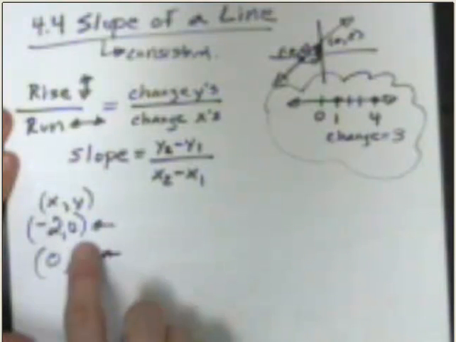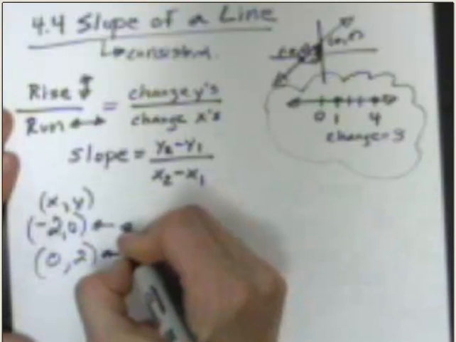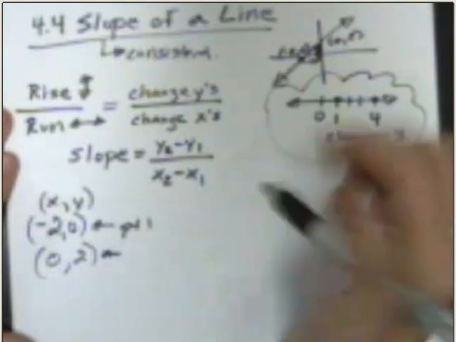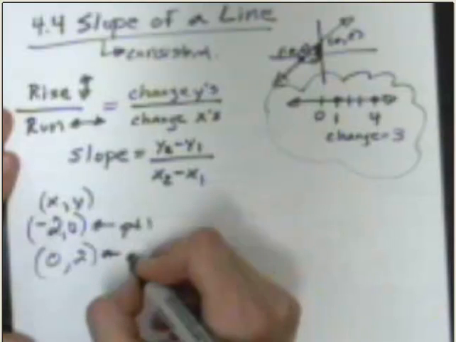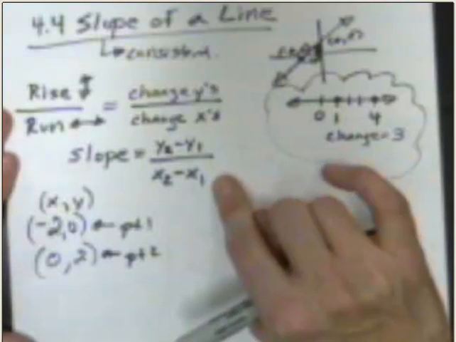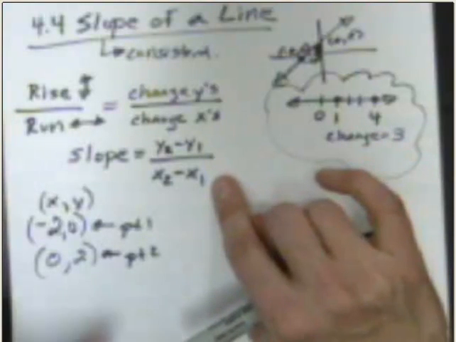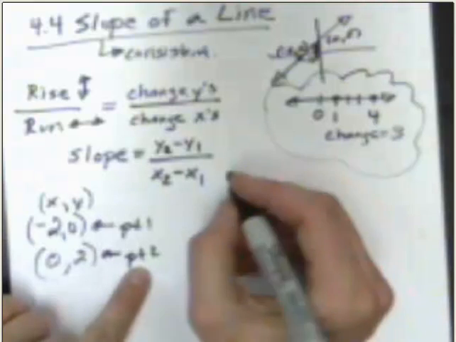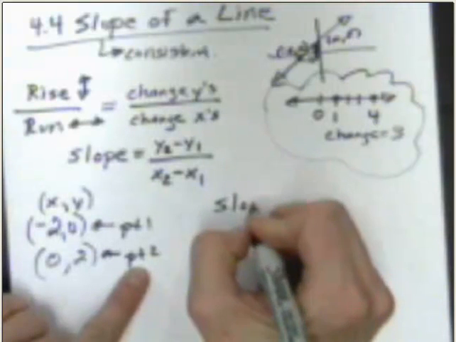So, for example, -2, 0. Do you want to call it point 1 or point 2? How about point 1, since we started there? It doesn't matter. I'm just going to say point 1. This would be point 2. The idea is those subscripts only mean be consistent. If you want to use this one as your second one, slope is equal to,